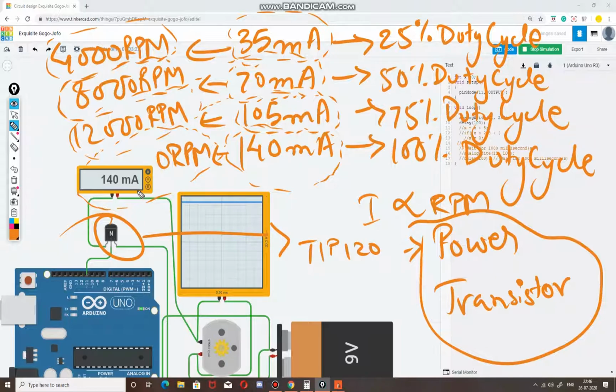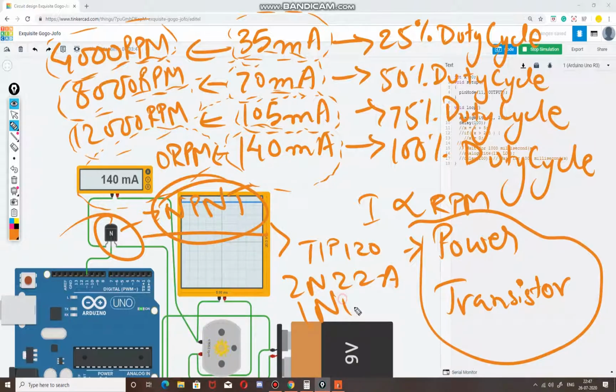This is the virtual world. We are not relying on what type this NPN transistor is. We are not aware of its specifications properly. It can be a 2N2222 or something else. There's also a 1N something, so you can use that. It depends really on the real-life transistors, which one we have to use, and how many rotations per minute we need from the motor.